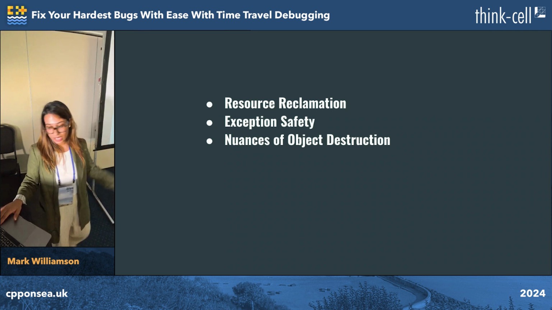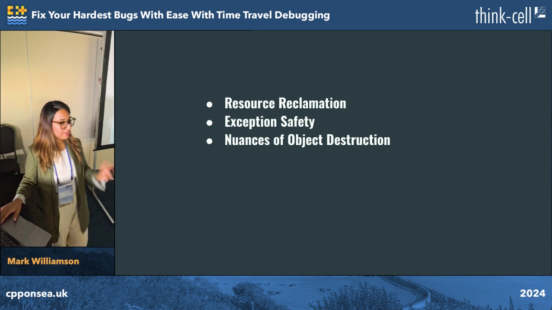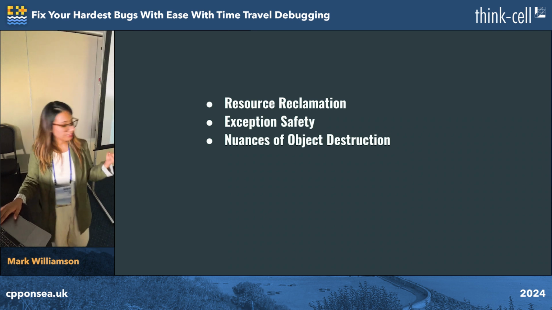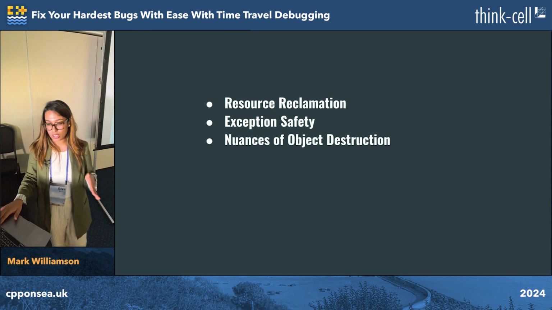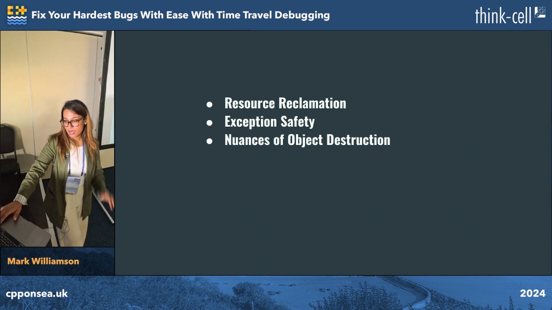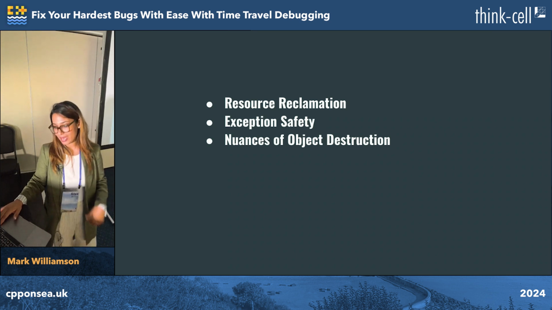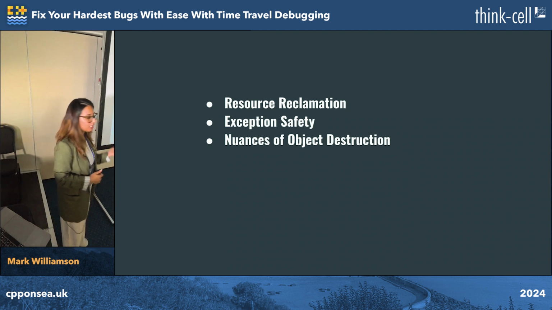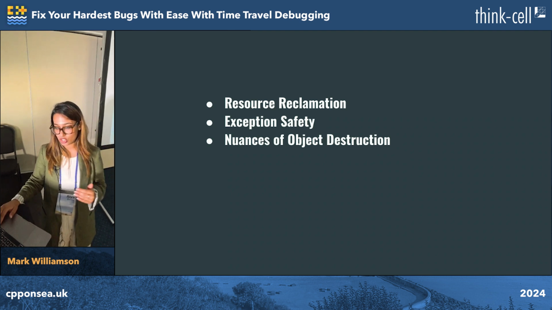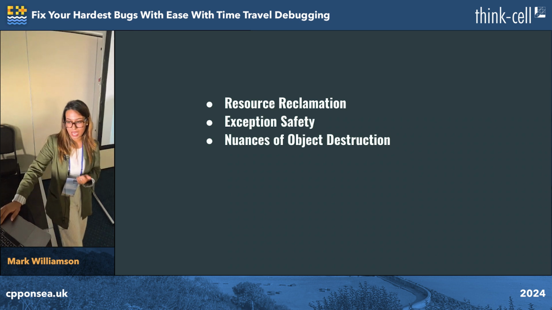In the very first point, we want to make sure that the resources are reclaimed whenever an object is destroyed. Repeating the second point, we have exception safety. You want to make sure that destructors do not throw any exceptions and leave the system in a consistent state. And the third is managing dependencies between the objects, where you're trying to delete a particular resource. You want to make sure that the correct order of destruction is followed in the complex architectures that you are working on.